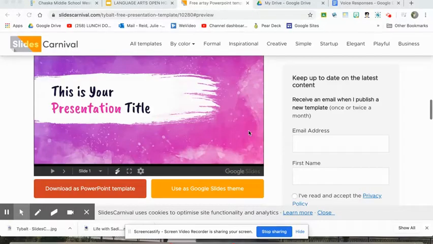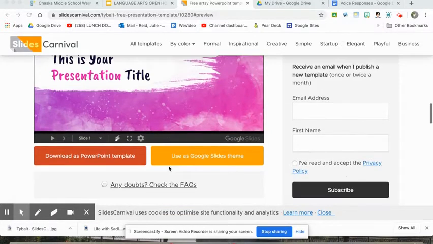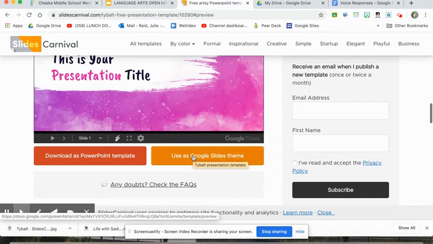Hi, so part 2 is to create an icon that the kids will then link their voice responses to or their video responses to. I like Slides Carnival. They have a lot of fun templates and they are free to use. So you go to Slides Carnival. You don't have to, but this is an easy way to do it. And when you get to Slides Carnival,